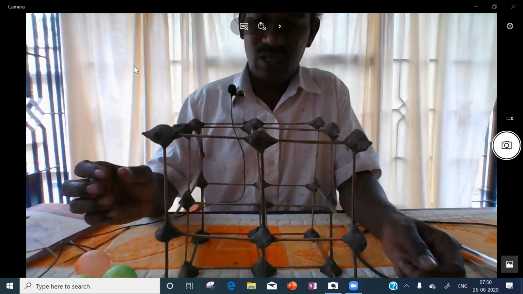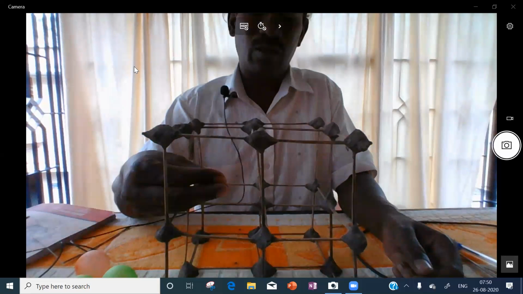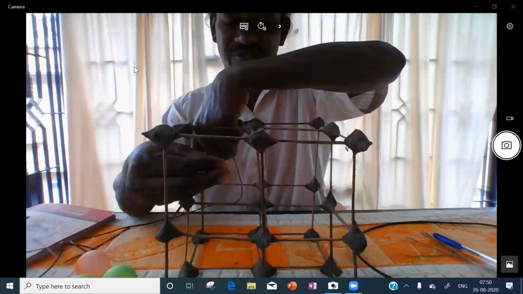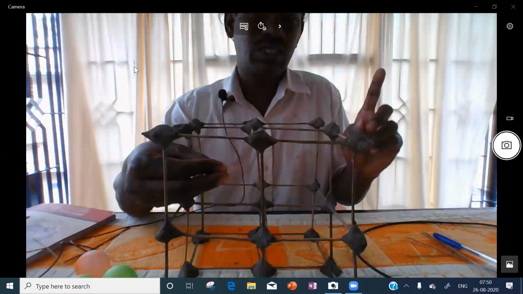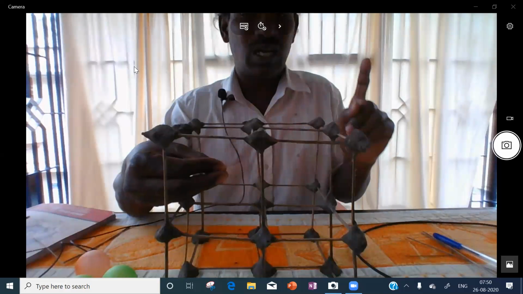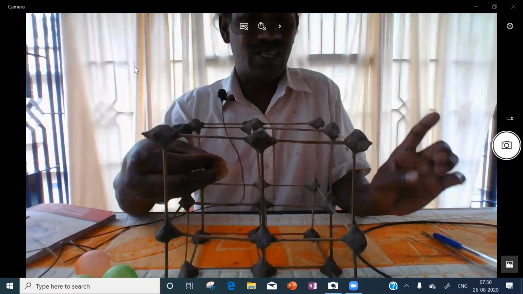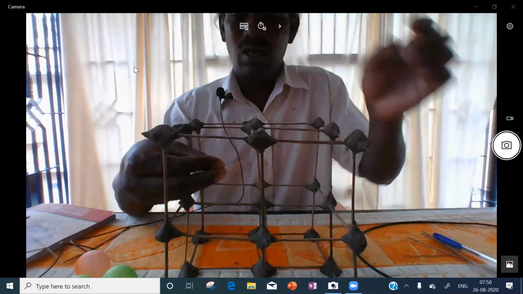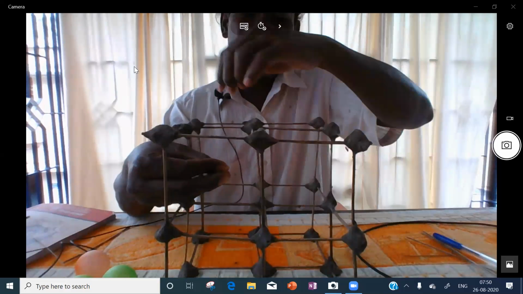This tetrahedral void is in contact with one face center, second face center, third face center and one corner. So a tetrahedral void means one corner and 3 face centers. The corner is in one layer, the 3 face centers in another layer.